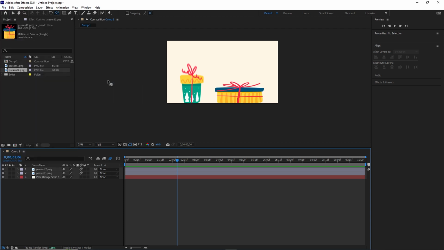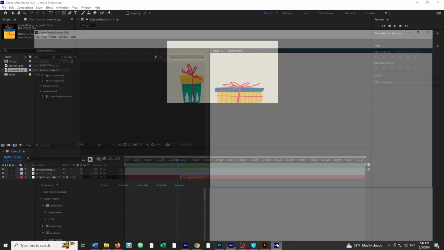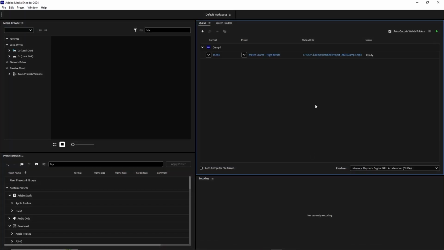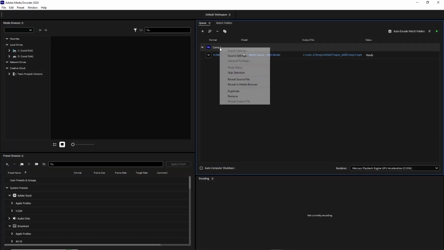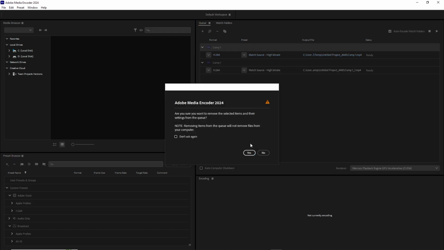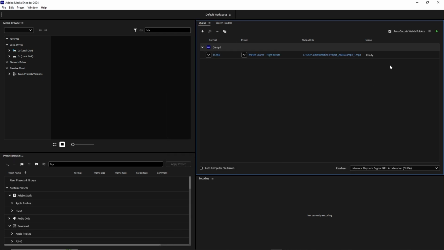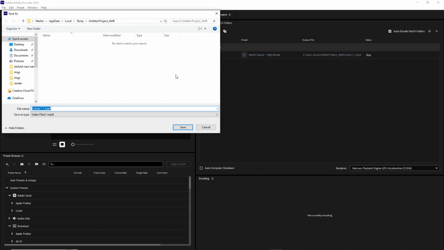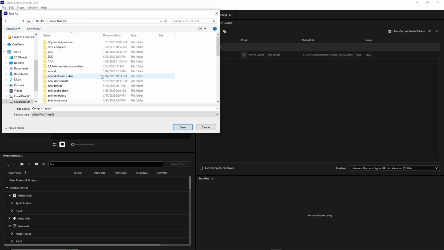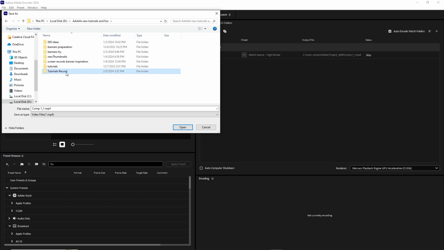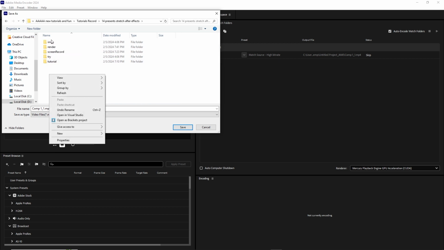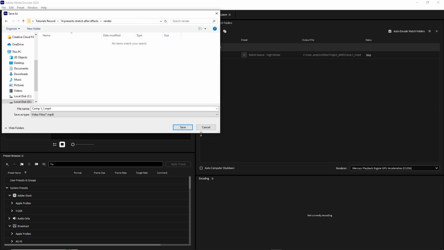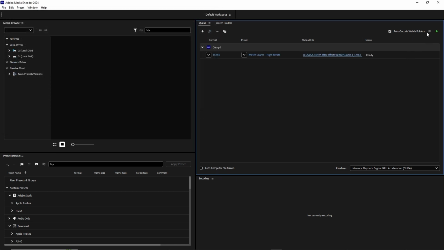go to Add to Media Encoder Queue, and I will go to the Media Encoder. And yeah, let me remove this because that's the old one, and I will go in here. I will just change the place one more time. I have to click this, come on. Okay, very quickly I will try to go to my place. Okay, I already have the folder render, and I'm going to just click Save,